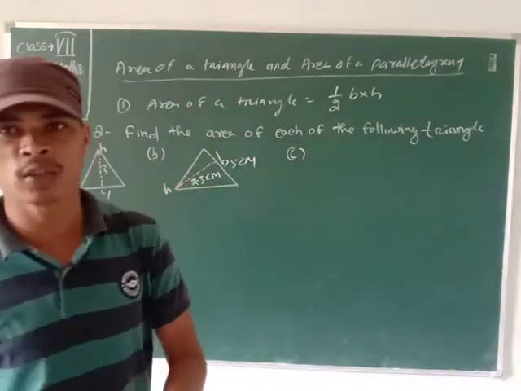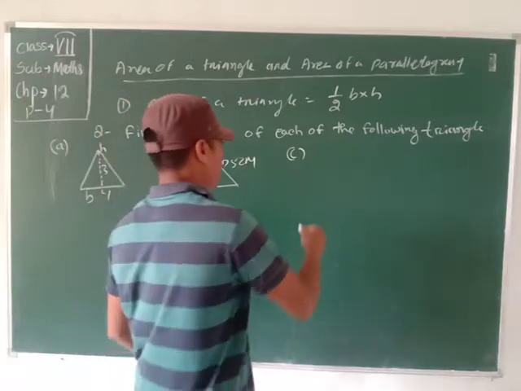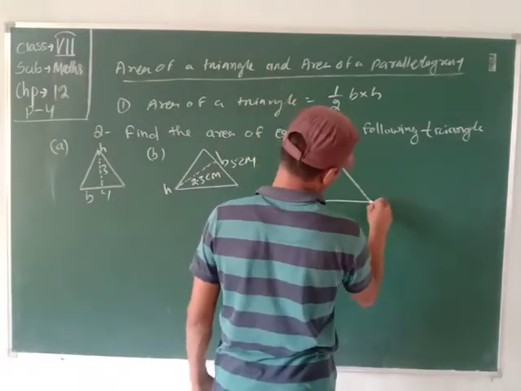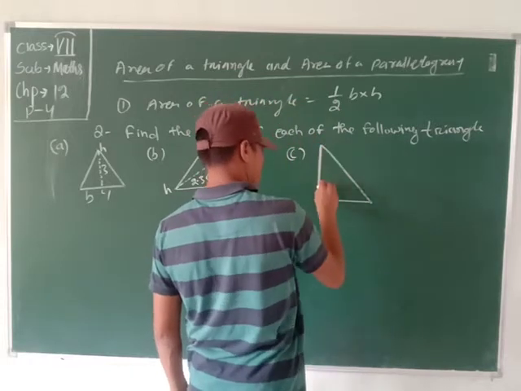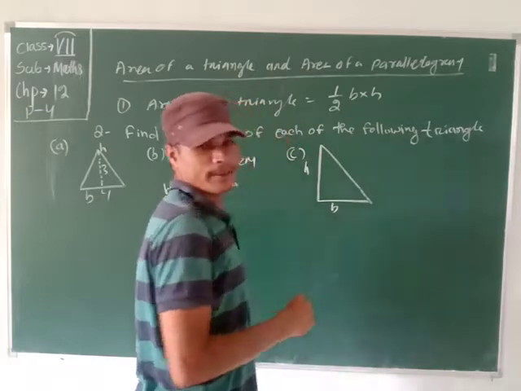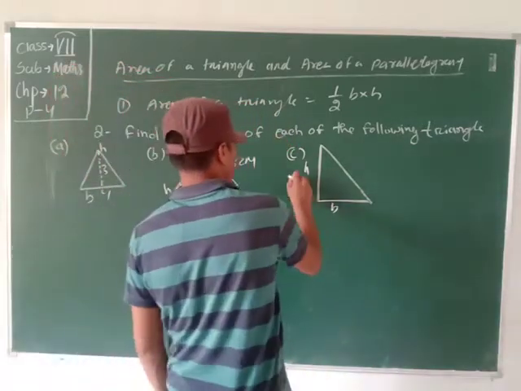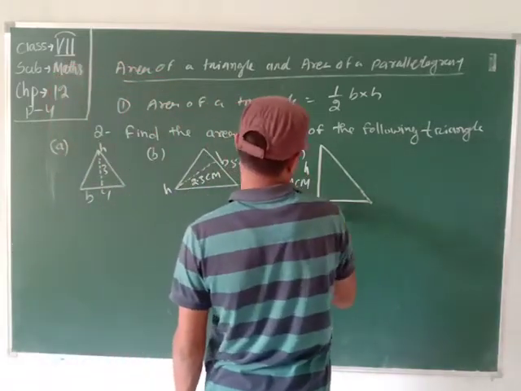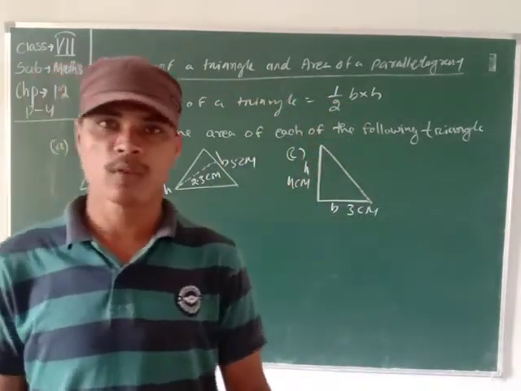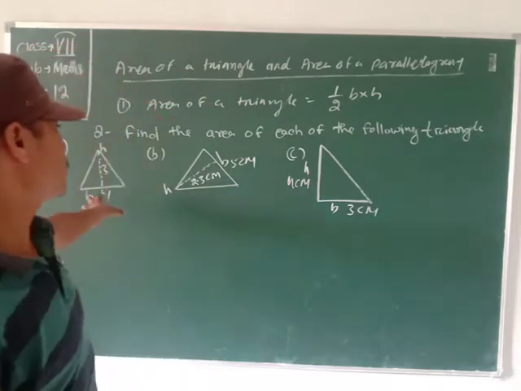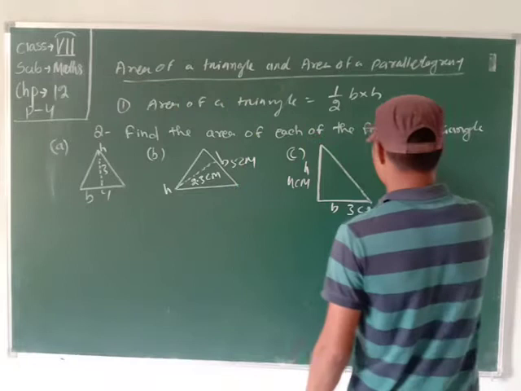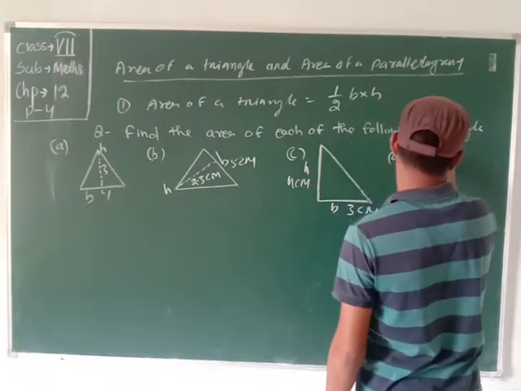Third type. So you also find the first triangle, the right angle triangle. Here is the right angle, the height and the base, H and B. The measures are 4 cm, 3 cm. Last class we derived the formula of triangles for these three types of triangles. Also we will take another type of triangle, the obtuse triangle.